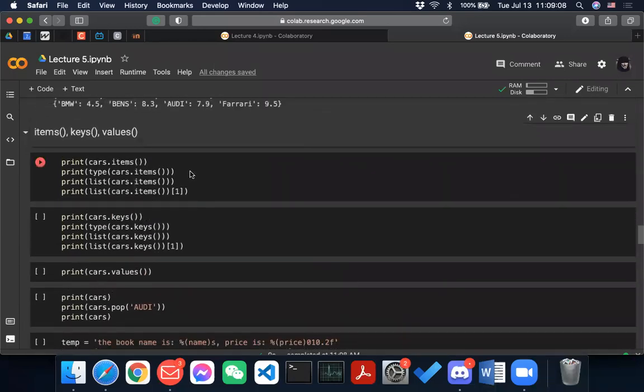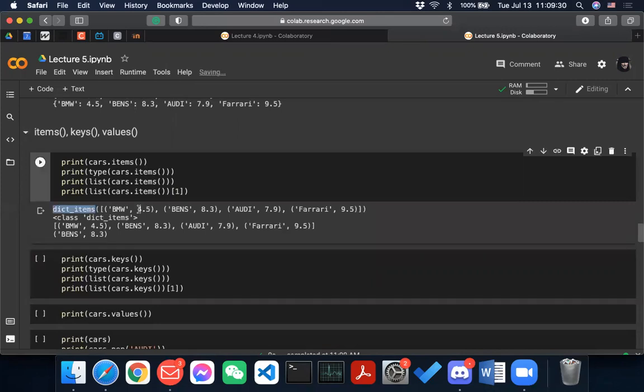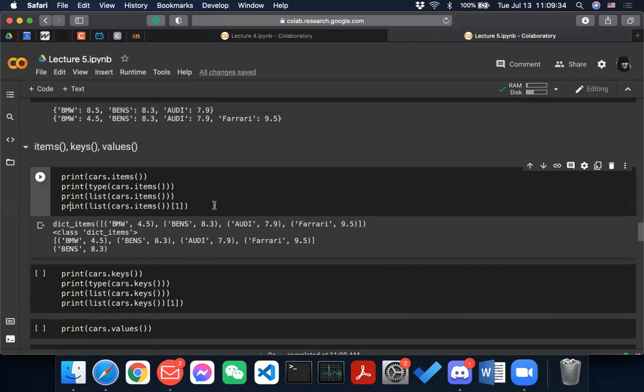In terms of items, keys, and values, those are just functions that are built into dictionary. So I would do print cars.items, and if I run this cell, you can see dict_items with BMW, Benz, Audi, and Ferrari.